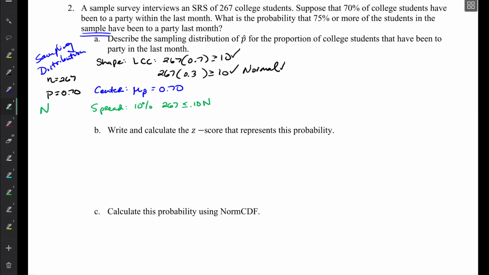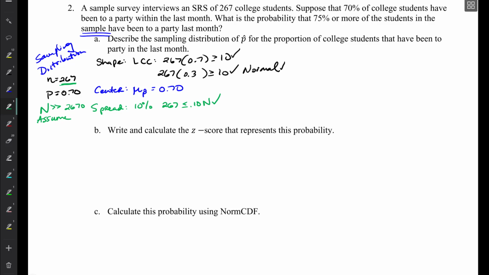The answer is no. Well, in order for this to be satisfied, we can say that the sample must be less than 10% of the population, or you can turn it around. And that means that the population needs to be at least 10 times the size of the sample. Well, if we had 267 college students in our sample, is it safe to assume that we had more than 2,670 college students in the entire population? Are there more than 2,670 college students in the world? And I would say that is a very safe assumption to make. So we can assume that our population size is going to be large enough such that the 10% condition is satisfied,